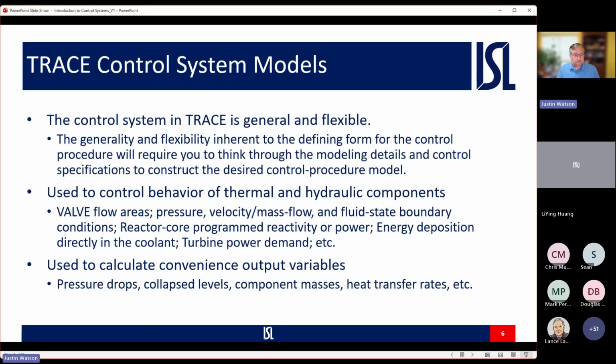Okay. The control system implemented into TRACE is general and flexible. The user has to really think about how they're modeling the control specifications to construct these control procedures. But in general, it's often just used to control the behavior of thermohydraulic components. For example, changing a valve flow area, or maybe using it to set boundary conditions like pressure, velocity, mass flow rate,